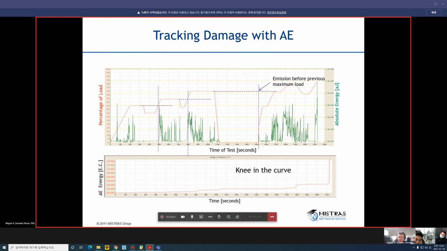Is it understandable? So when there is absolute energy while the load is decreasing, they are frictional behavior, right? Yeah, they could be related to frictional phenomena that are due to the presence of maybe new cracks or the increase in surface area related to the formation or growth of cracks in the material.